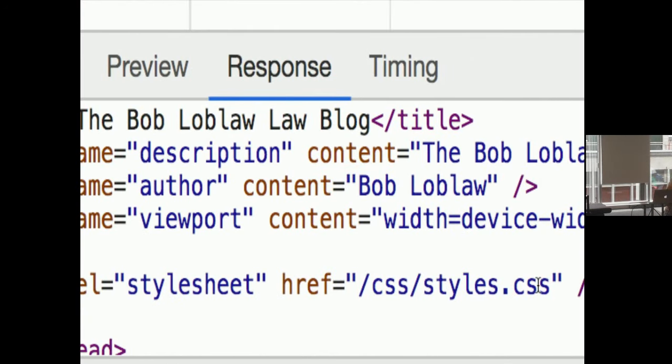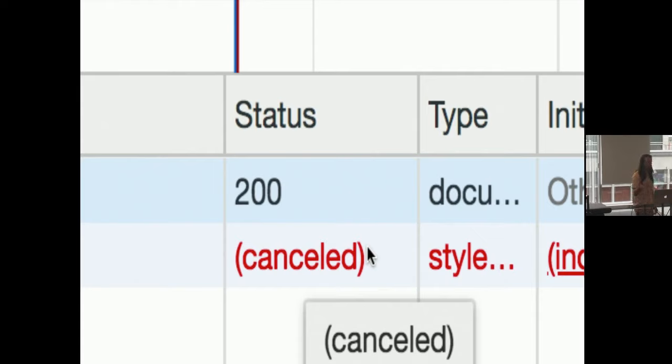Well, we can see that when the request is made for the CSS, it actually never downloads. The CSS is not served by our web server. We have to enable the web server to serve our static assets, including CSS and images.